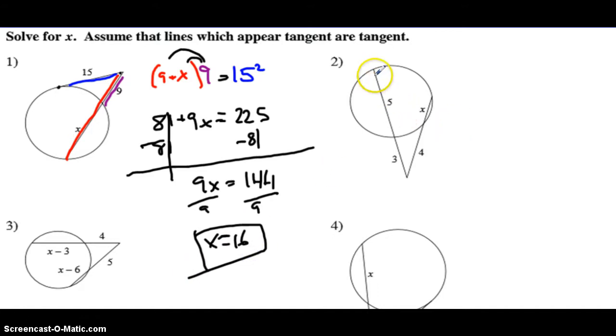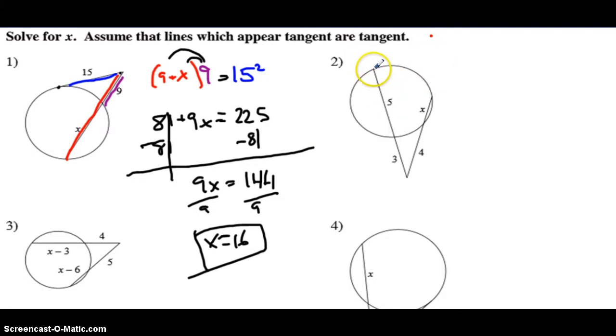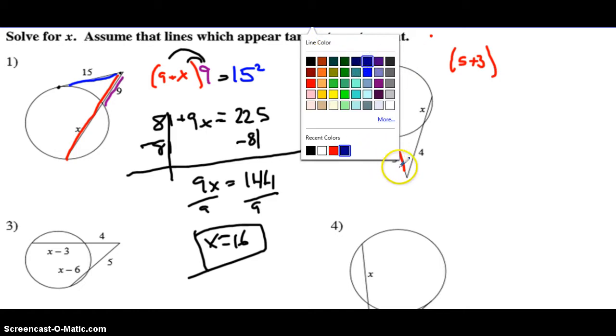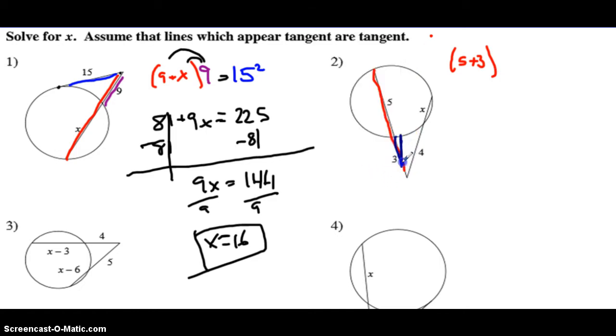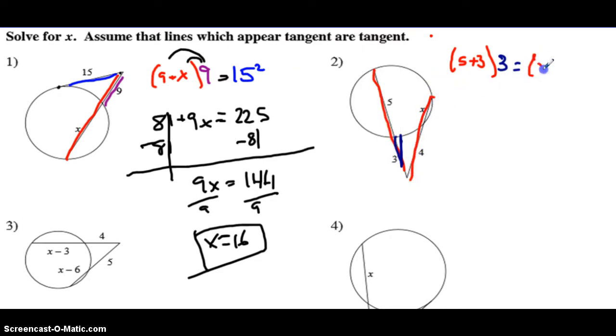The second one is the secant, because look, that's a line. That's a secant line, and this is also a secant line, not a tangent, because it goes through two places. The secant theorem goes like this. You do the whole thing, so this whole part right here, that's 5 plus 3, times just the outside, which is right here, so times 3. This is going to be equal to the whole other secant, which is right here, so that would be x plus 4,